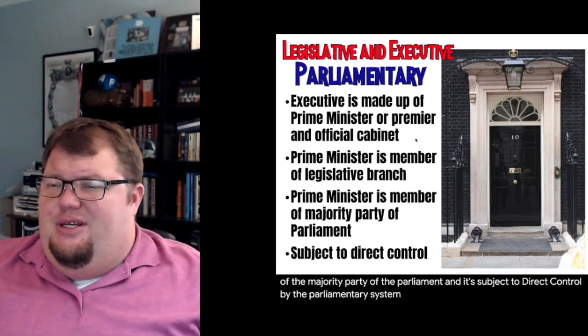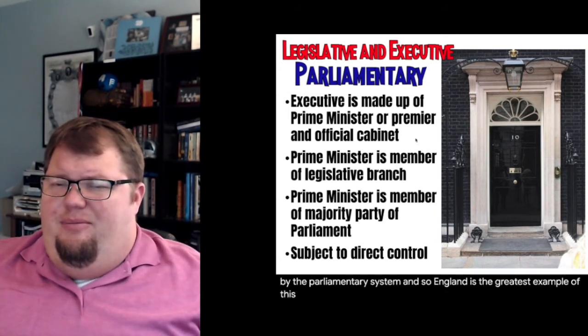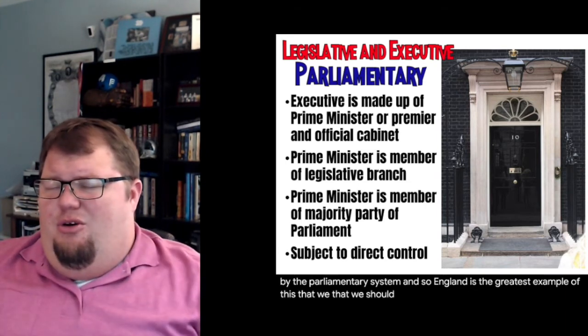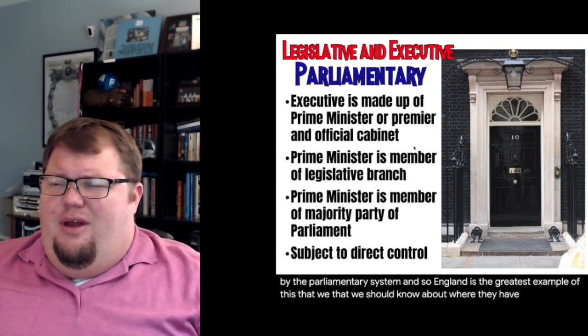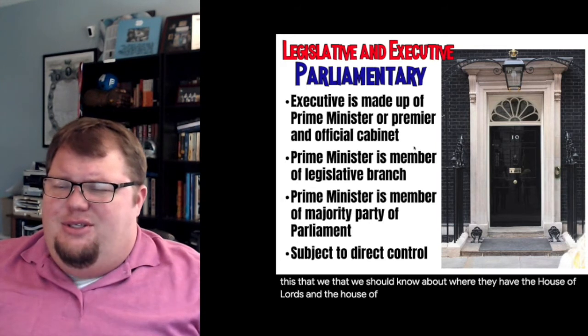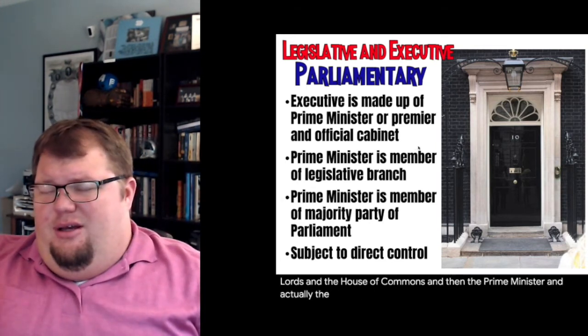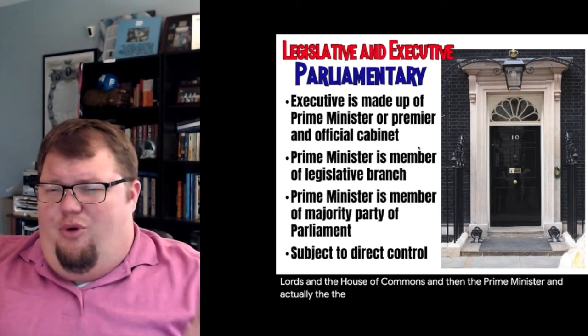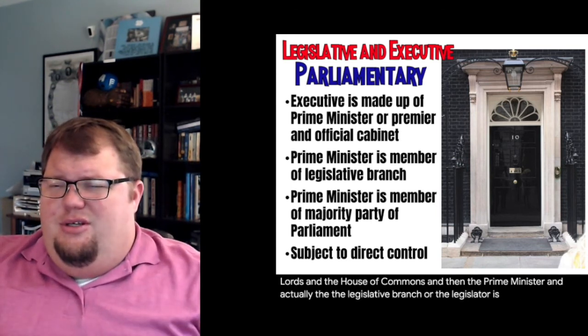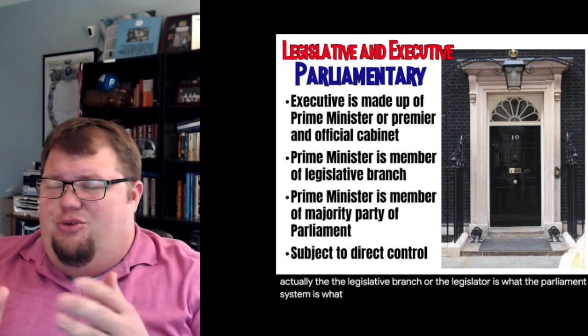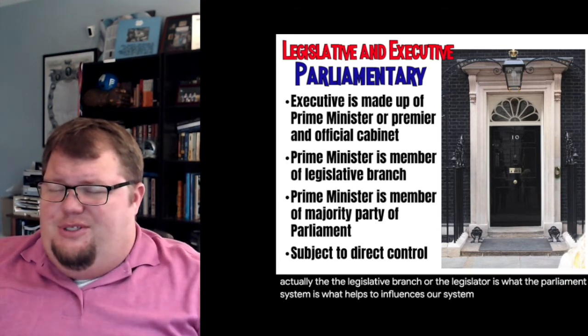England is the greatest example of this that we should know about, where they have the House of Lords and the House of Commons, and then the Prime Minister. The Parliament system is what helps to influence our system with the Senate and the